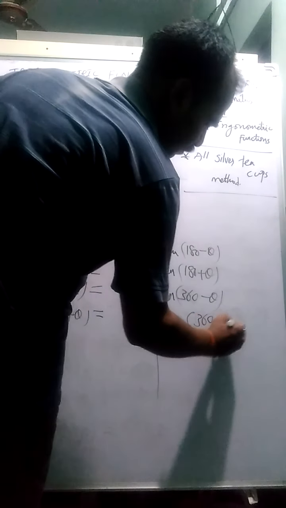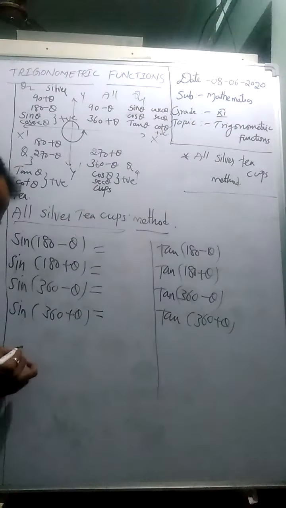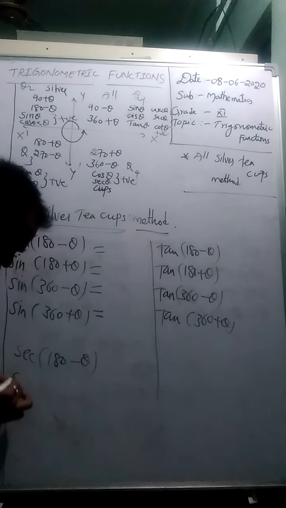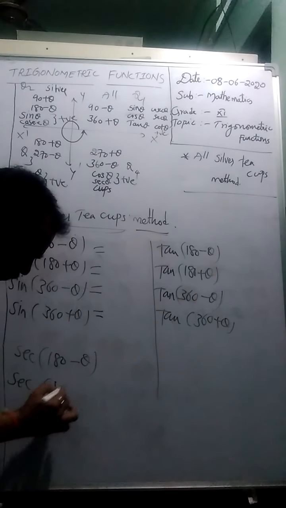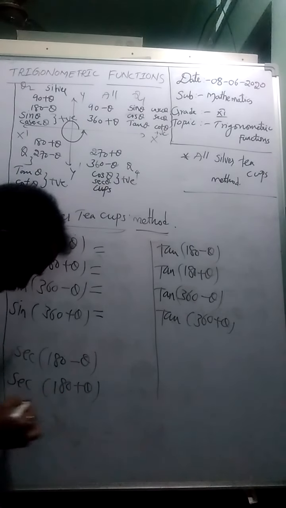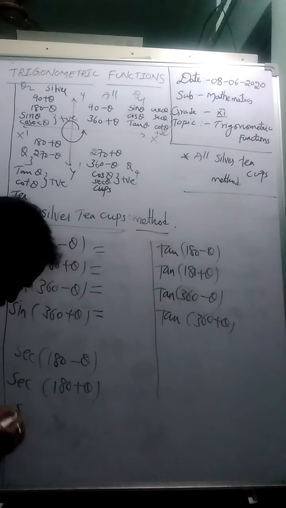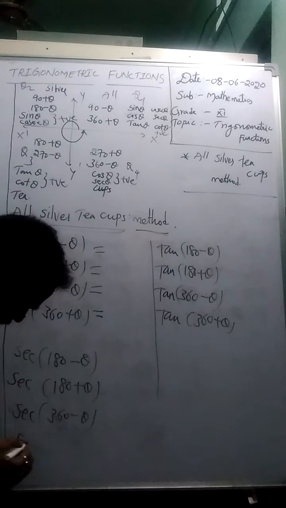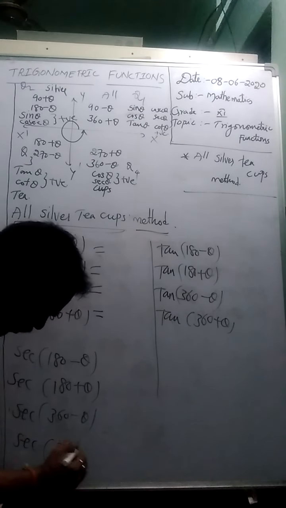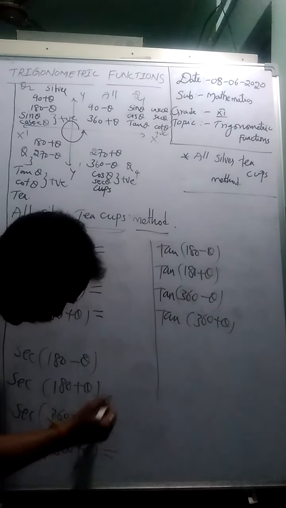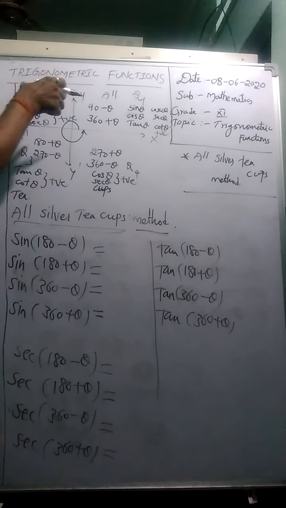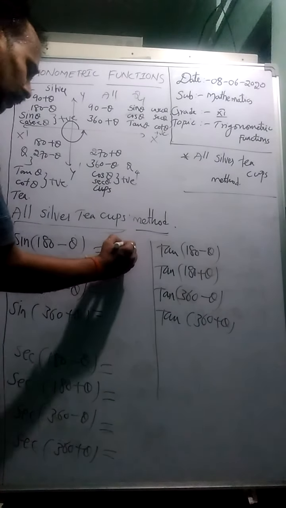So 360 plus theta. Here, when it is an even multiple, the trigonometric ratio doesn't change. The same trigonometric ratio will come, but the sign of the trigonometric ratio will change based on which quadrant it belongs to. Let us discuss, students, how it affects. So 360 plus theta. See, students, when it is an even multiple of 90, whatever the even multiple, the sine will be sine only.